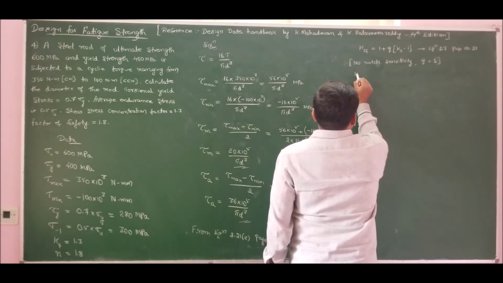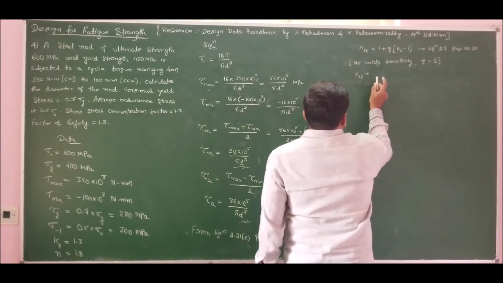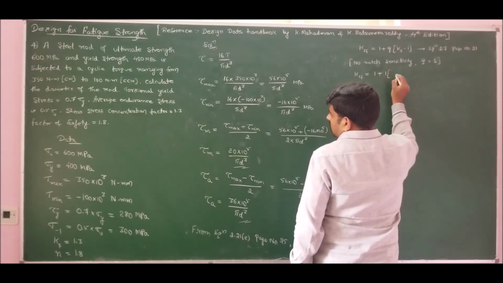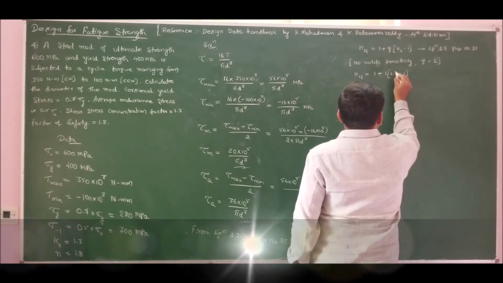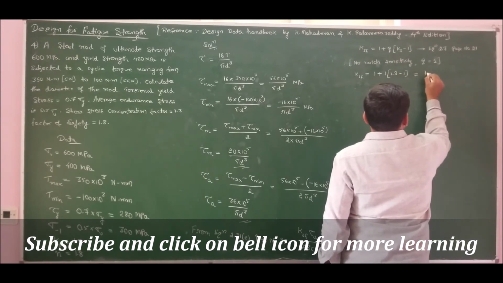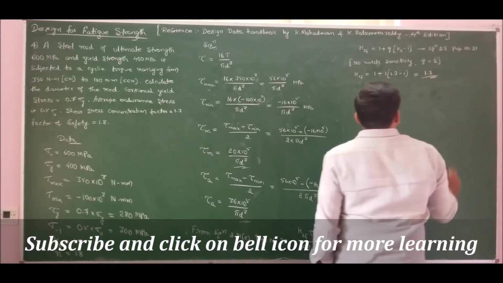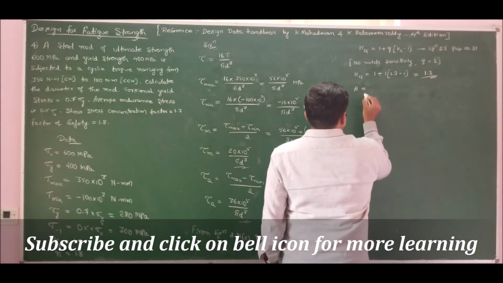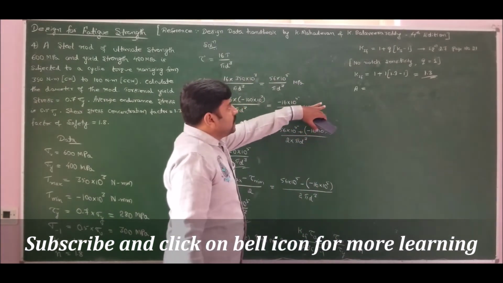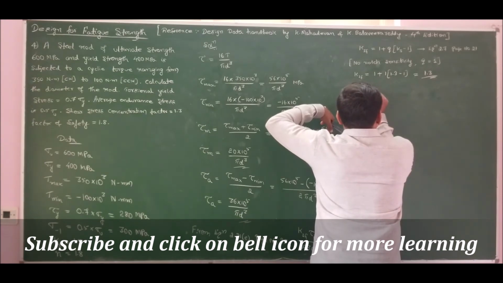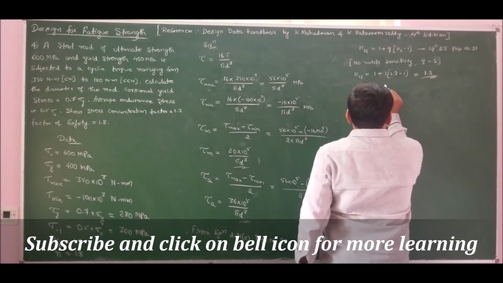So therefore I will get the value of fatigue stress concentration factor due to shear as 1 plus 1 into stress concentration factor due to shear is 1.3 minus 1. So plus 1 and minus 1 will get cancelled. I will get the answer as 1.3 itself. Moving to ABC factors. So factor A is load correction factor. From our design data handbook, referring to page number 25, for torsional fatigue loading, the load correction factor is 0.6.